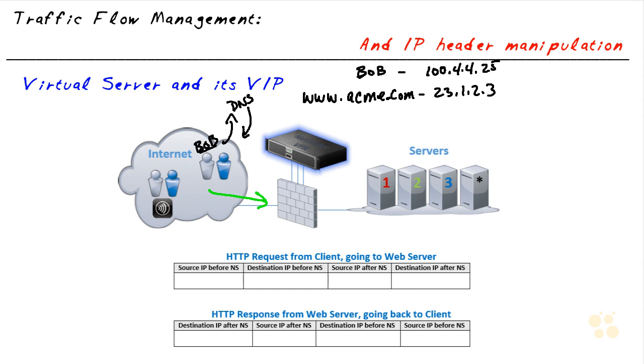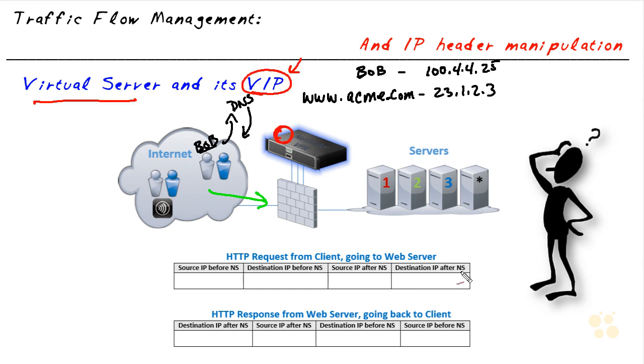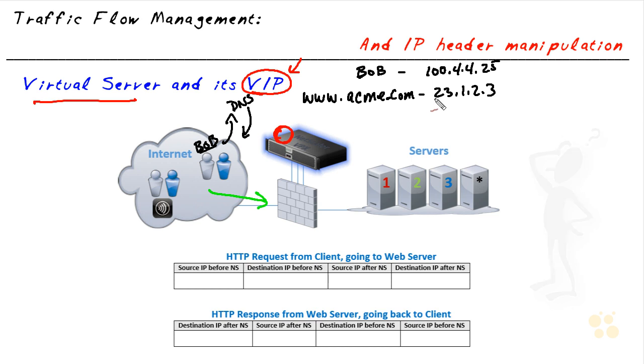To think for a moment, in our topology, in our example, what would be the perfect virtual IP address to associate with this virtual server for acme.com that's running on this NetScaler? And if you're thinking, well, Keith, if Bob thinks that 23.1.2.3 is acme.com, it's very likely that we're going to want to use that same IP of 23.1.2.3 and have it associated with that virtual server. And indeed we do. So on the NetScaler, we'll create a virtual server and assign it the virtual IP address of 23.1.2.3. So then as Bob's packets go to that NetScaler, and we'll allow that packet in through